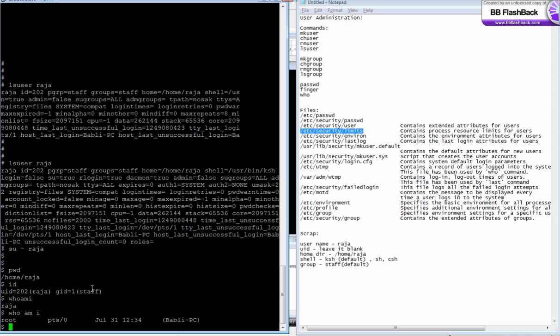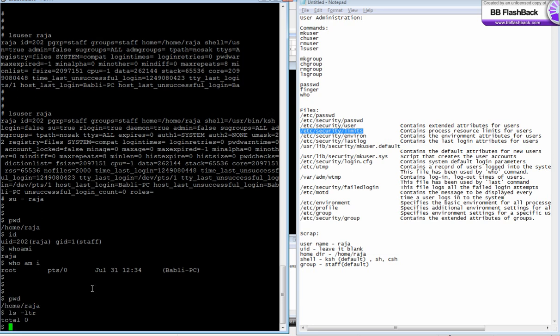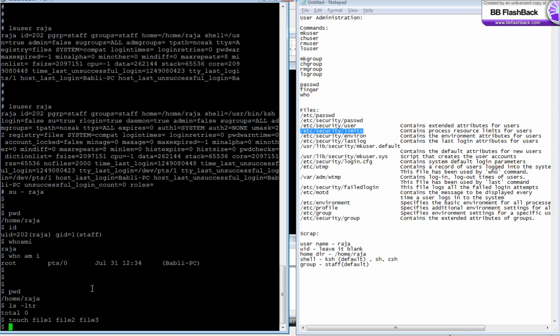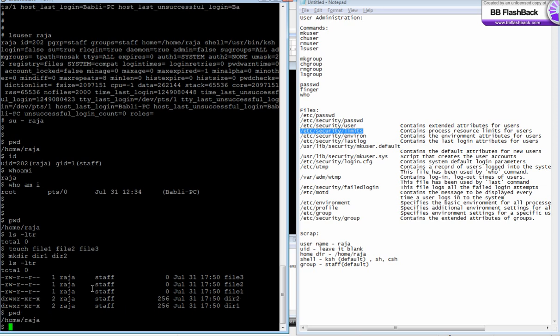you how you opened this session, how you logged into the server first. I logged into root and then I switched user to Raja, so it shows root. Okay, now my home directory is Raja. I'm going to create some files and going to create some directories. See, I got 3 files and 2 directories under